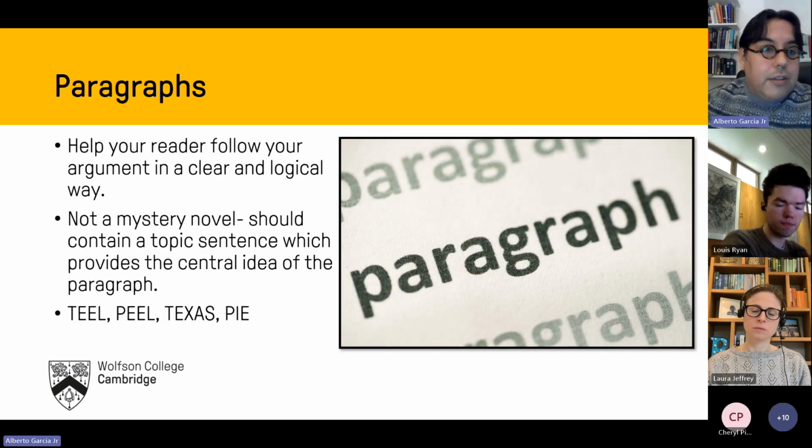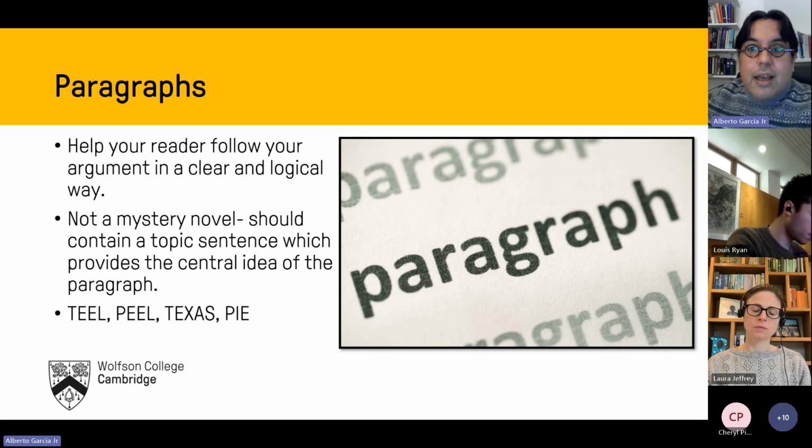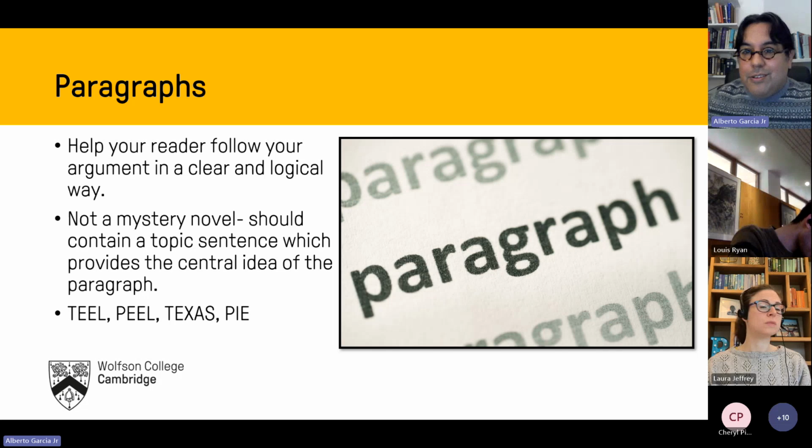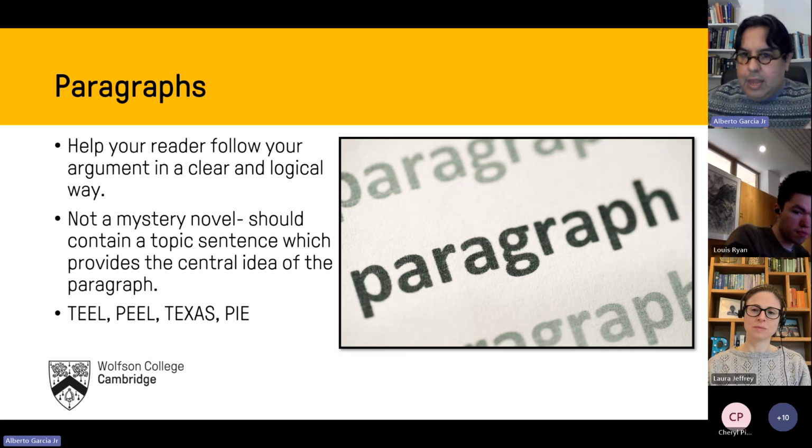So moving on to paragraphs again, you may be familiar with some of these acronyms that have been used. You have TEAL, which is topic, evidence, evaluate, link, or PEAL, point, evidence, exploration, link. You have TEXES as well, or PI, point, information, explanation. And while you might think of academic paragraphs as a little bit more sophisticated than these acronyms,